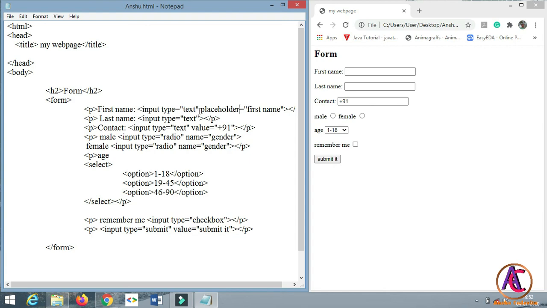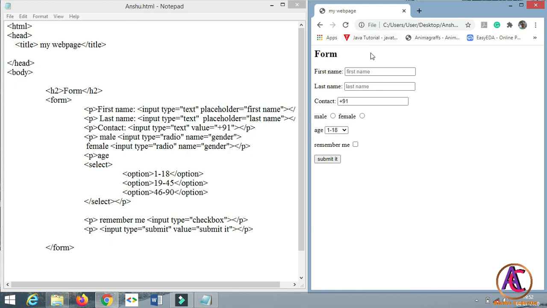It will be like a watermark. So let's copy and paste it down in the last name also, and replace first name with last name, and save this and refresh it. You will see that first name and last name appear in the text boxes, so that the user can enter their details by typing.